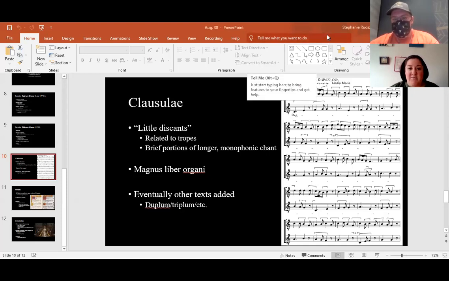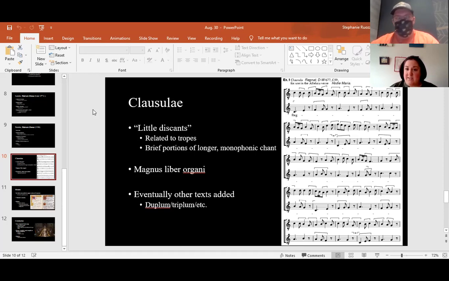So the last few slides from Monday, we talked about, of course, the sections of larger chants of the Notre Dame School of Polyphony that are discants. Those are the rhythmic sections, right? Because those are the sections where the independent voices have to line up with each other. Those are the sections where they have to move at the same pace so that we have that continuous symphonia or consonance. So these sections of little discants, there's a fancy word for that, and that is called clausulae.